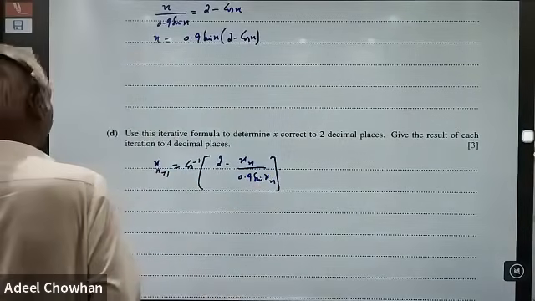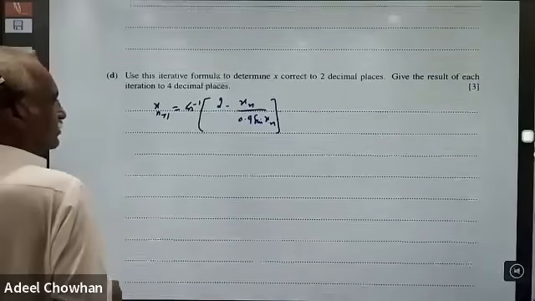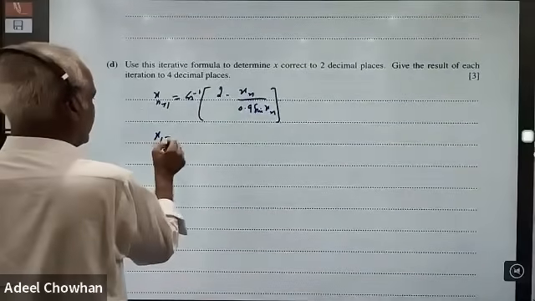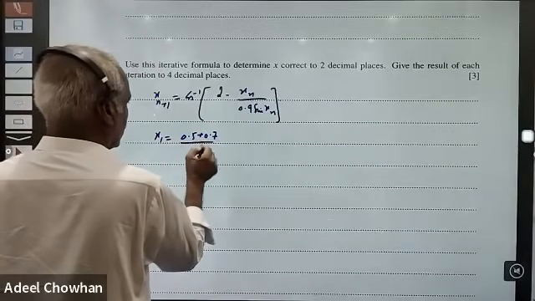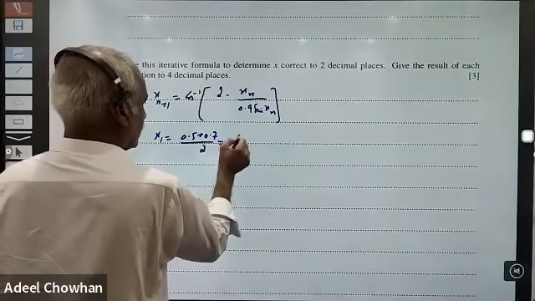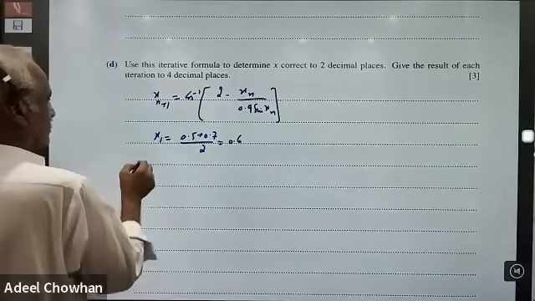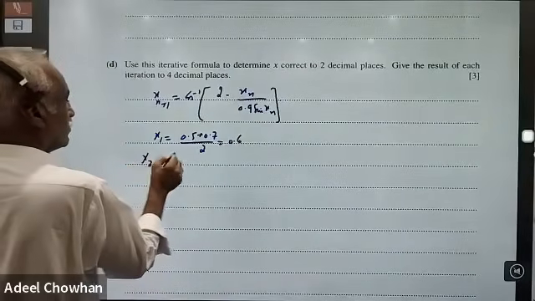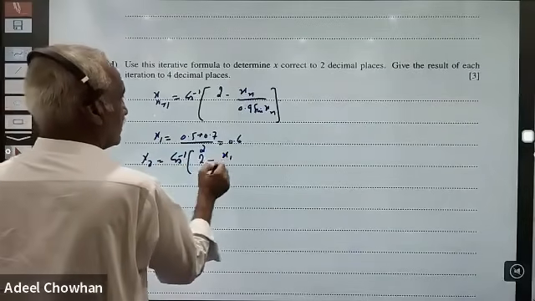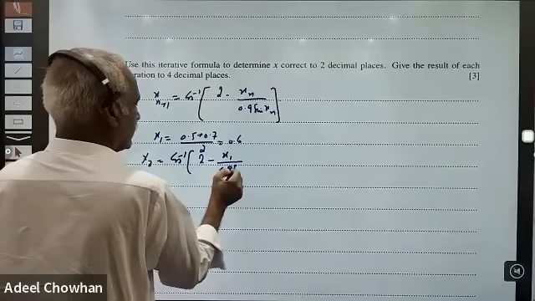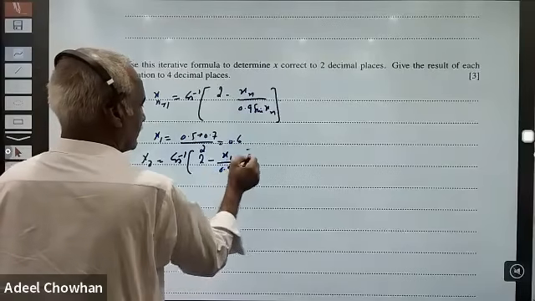Since it lies between 0.5 and 0.7, X1 value will be equal to 0.6. So X2 will be equal to cos inverse of 2 minus X1 over 0.9 sine of X1,